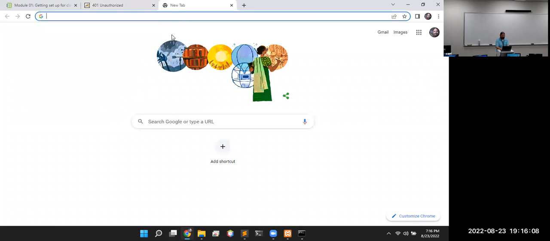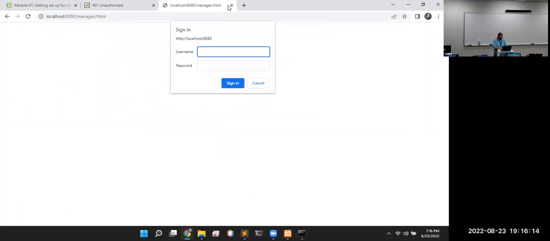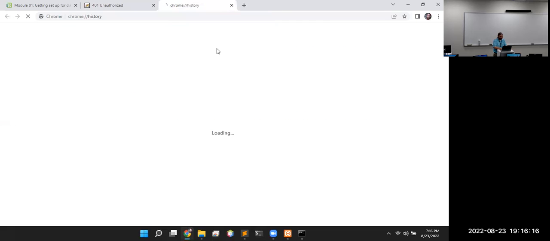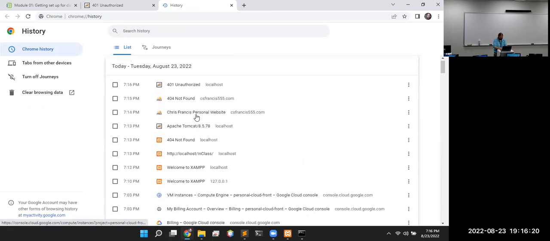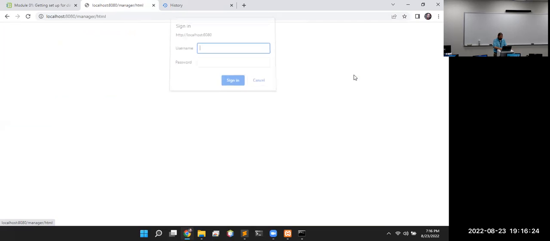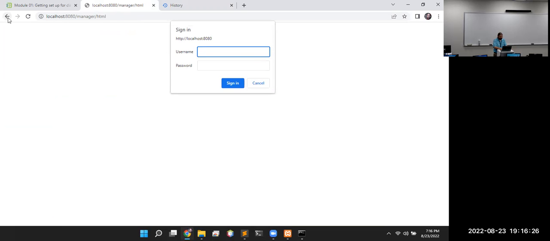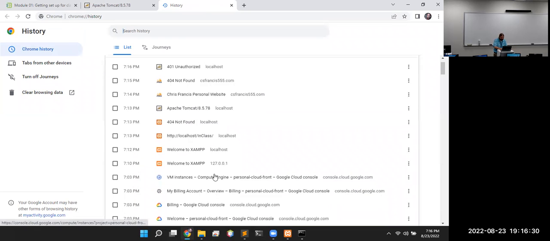I don't know my password on that one. Let me go back to that page I was just on. Oh, that's not the page I was just on. I wasn't expecting that to ask for a password. Was I looking at the wrong page? Yeah, I don't know what my password is, but I do know what the password is on the one on the server, which is